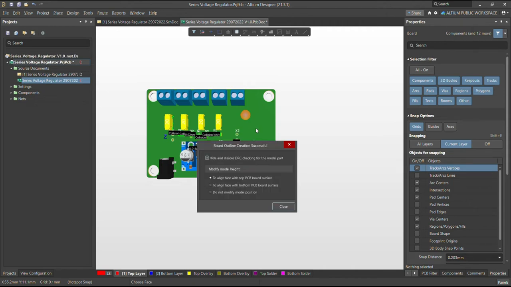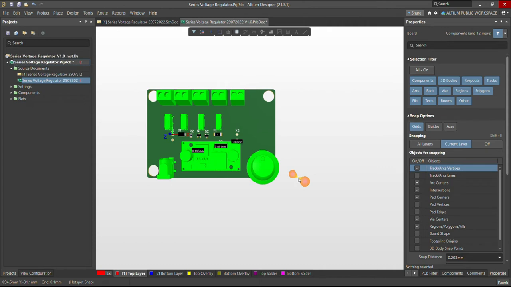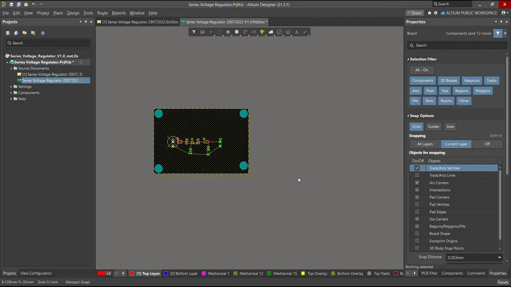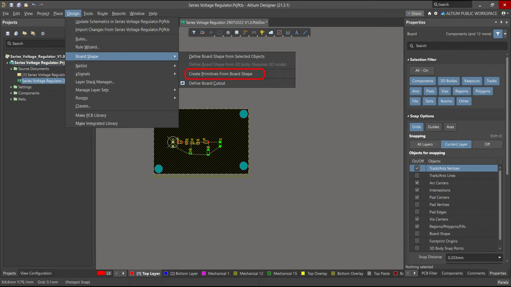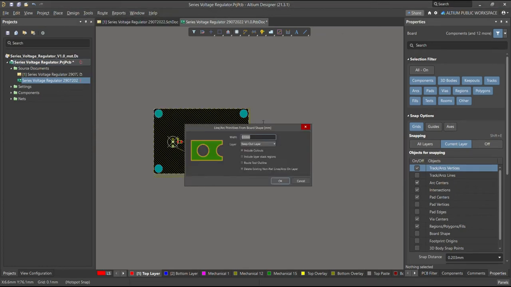This pop-up will come out and tell you that board outline creation is successful. So what you have to do here is choose to not modify the model position, and then close, and then press number 2 on your keyboard so that you can come to the 2D mode. Then again you have to go to design, create primitives from your board shape, click on that, and then here keep out 0.1 millimeter, choose that, include and select